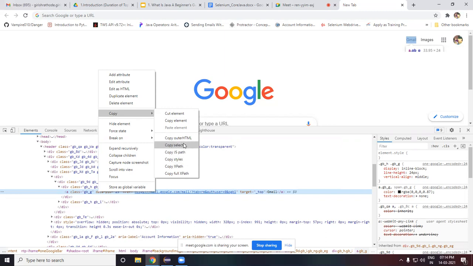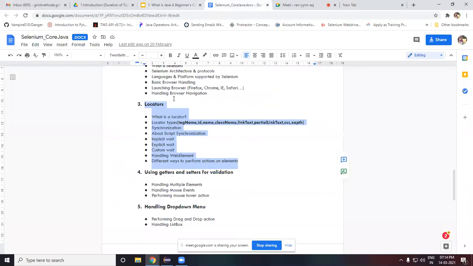XPath and CSS selector are nothing but your locators. We have around 8 types of locators: tag name, ID, name, class name, link text, partial link text, CSS selector, and XPath.